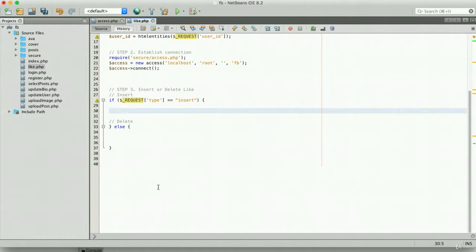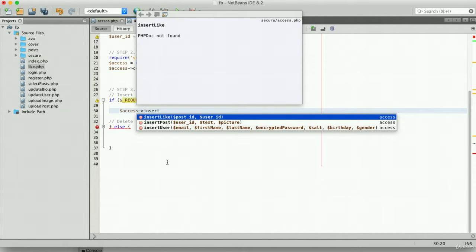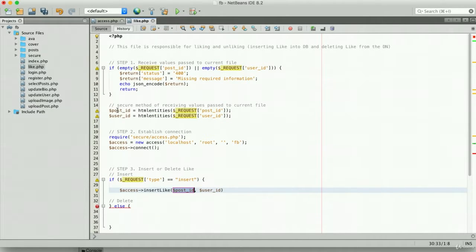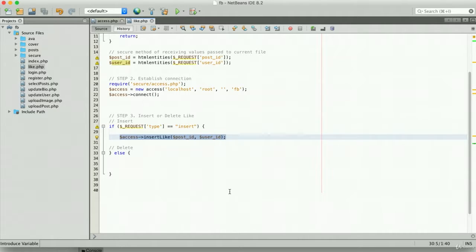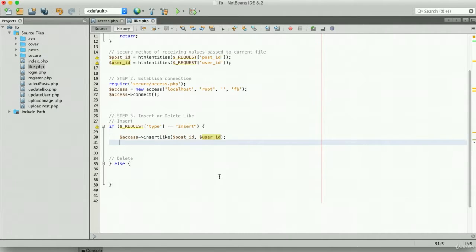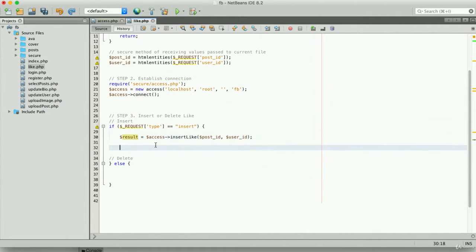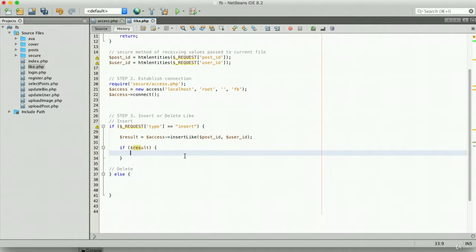Okay, so we will now run the function which is responsible for inserting like. So we'll write here $access, then we refer to the function which is insertLike. Post ID is the post ID which we received, user ID is the user ID which we received as well, and semicolon at the end. Okay, and here we will create a new variable which will be result, or yeah, we can write here like if you want, and here we'll write if round brackets then curly brackets. In the round brackets we'll write result, means execution was successful, and then we want to return here